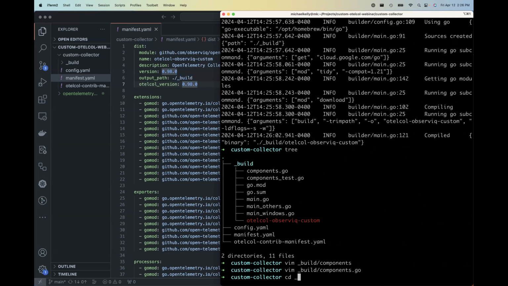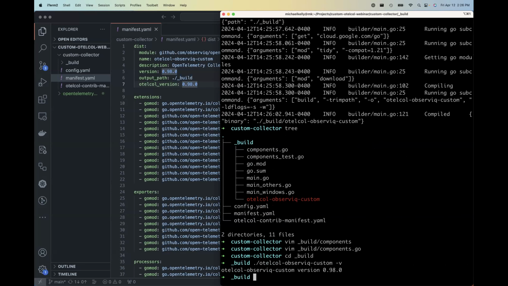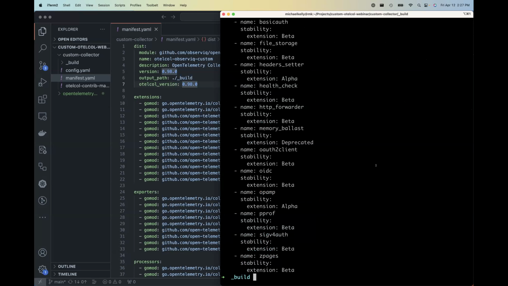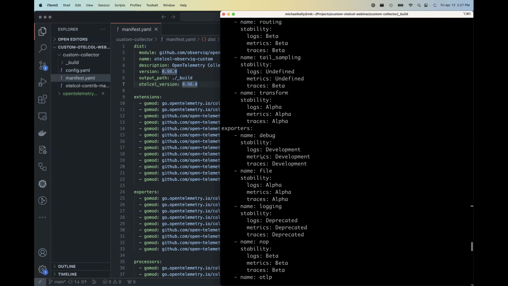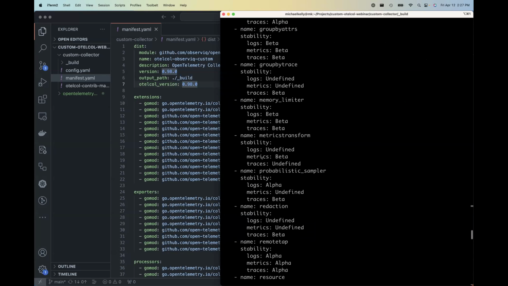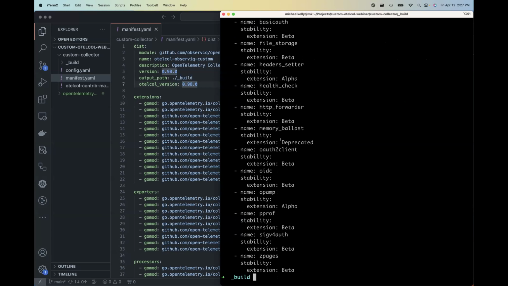So now if I go into build, I have a valid OTel collector. And if I check the version, I see, yep, I've got that collector. And we can also use this command to see what the components are. So what did we include in that? Just a quick validation, and we should see all the components that we just listed. It gives a little bit of detail on those, about what the stability levels are and what they're used for. And it's a quick check to make sure, okay, did we build what we thought we built? Does it